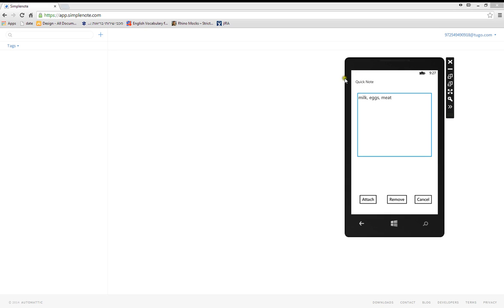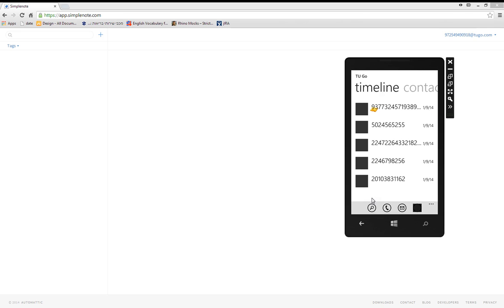Behind our emulator, I have the simplenote.com site open. It is a provider that is providing note-based interfaces. For example, adding a note, getting a note, and even searching text. So by attaching it, the new icon is displayed here, and a new note was created in the site as well. So the added value of saving it into the cloud is the fact that other people can see them